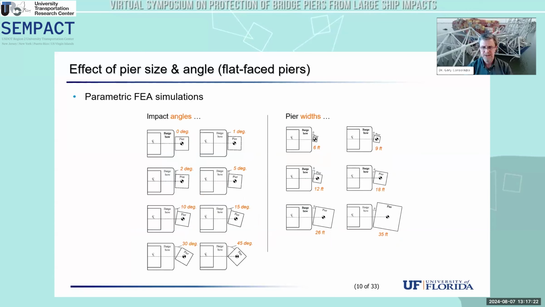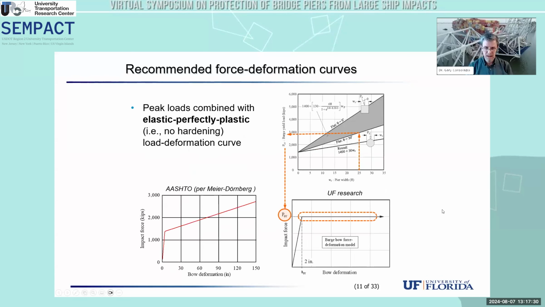So from those kinds of simulations, we extract force deformation relationships. We apply some statistics, which I do not have time to get into right now, but maybe we can talk about that later if we're interested. But we apply some statistics to this, and then we produce, out of the combination of the statistics and the finite element modeling, a revised force deformation relationship for vessel impact for barges specifically. So this is an elastic, perfectly plastic force deformation model. So that is a difference from what's in AASHTO. You can see the AASHTO curve on the left-hand side here, where we have elastic and then hardening. So we have a hardening modulus on the post-yield behavior.